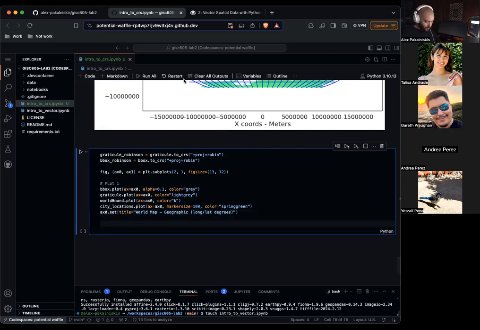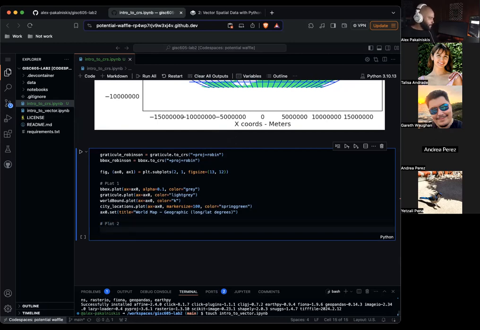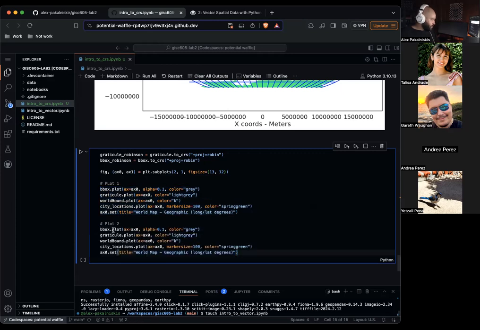Now let's do plot number 2. I'm going to copy a lot of those, basically this whole chunk, and then just tweak it line by line. So bbox Robinson, basically adding a Robinson. I'm going to highlight and copy this underscore Robinson just to make my life a little easier. Graticule Robinson.